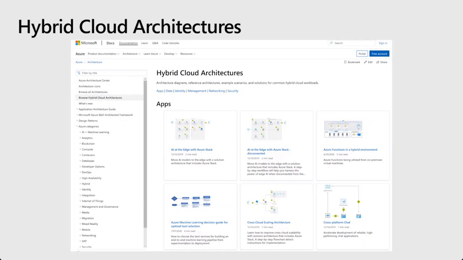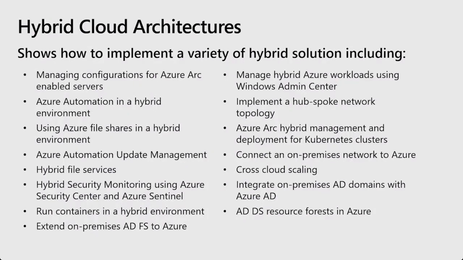Inclusive in the existing hybrid cloud architectures, and more are being added all the time, we have architectures such as how to manage configurations for Azure Arc-enabled servers, how to use Azure automation in a hybrid cloud environment, how you can use Azure file shares in a hybrid cloud environment, how to use Azure automation update management to manage your updates, how to use hybrid file services so that you've got file servers on-prem and in the cloud, how to use hybrid security monitoring with Azure Security Center and Azure Sentinel, how you can run containers in a hybrid environment, how you can extend on-premises Active Directory Federation services through to Azure,